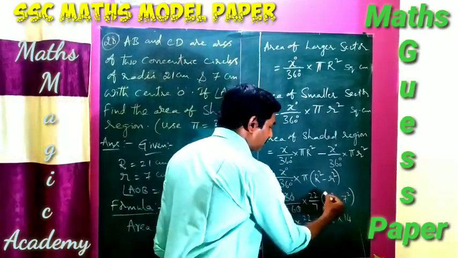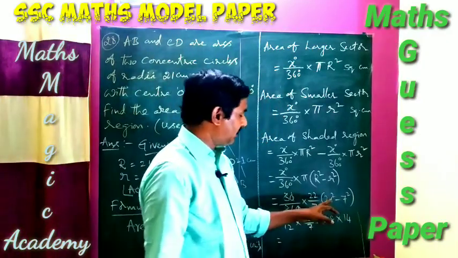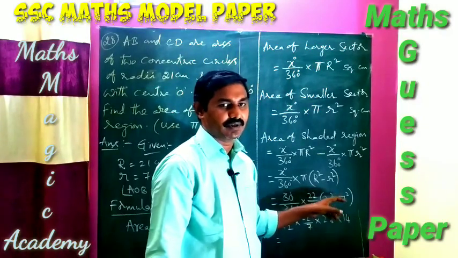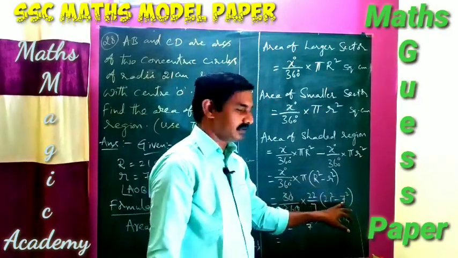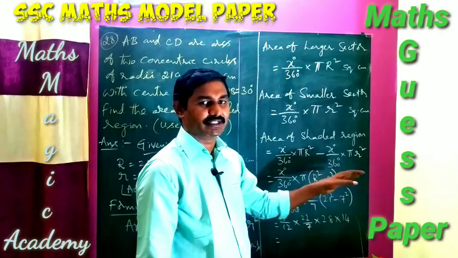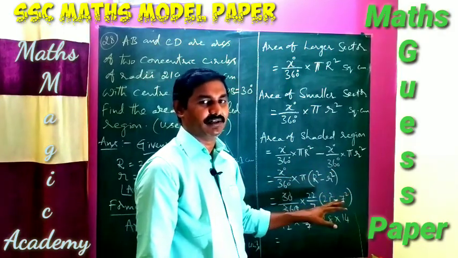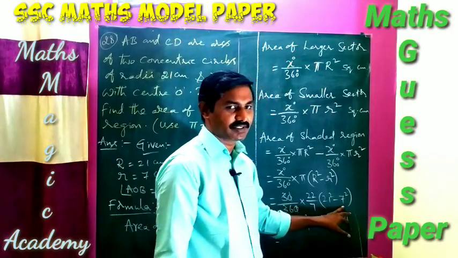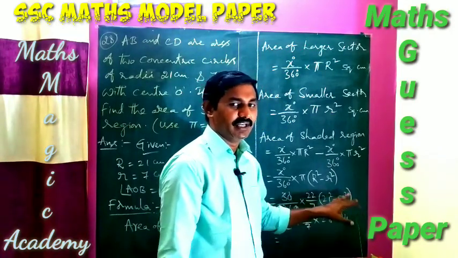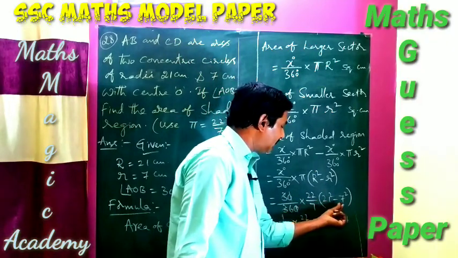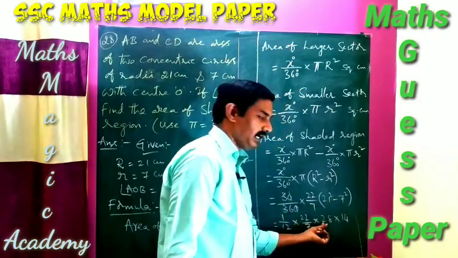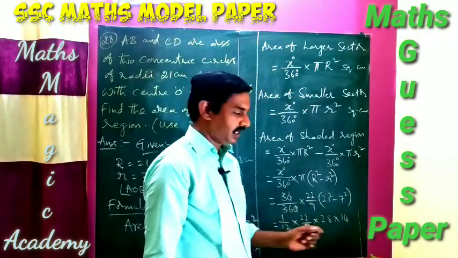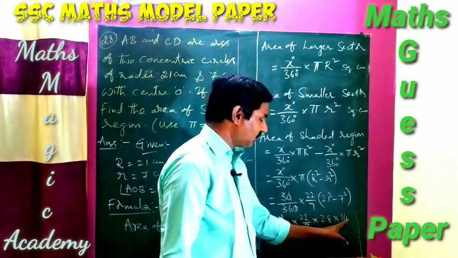And here you can observe this formula. It is in the form of a square minus b square. You can do 21 square is 441 minus 7 square is 49, 441 minus 49, like that you can do the subtraction also. But you can use the formula also here, a square minus b square. A square minus b square is what? A plus b into a minus b. What is a plus b? It is a, it is b. 21 plus 7, 28. What is a minus b? 21 minus 7, 14. So likewise I have written here 28 into 14.